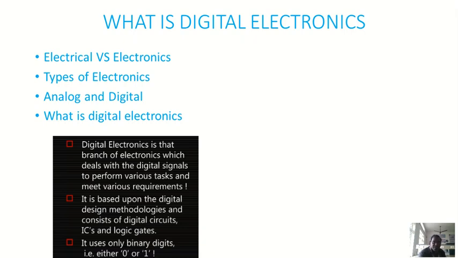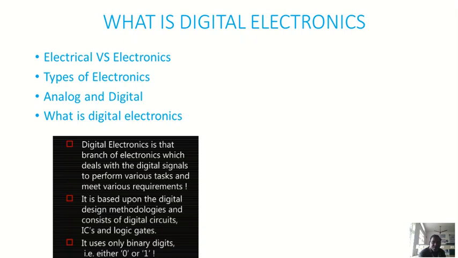In electronics we have two types, that is analog and digital. What is an analog signal? What is analog electronics? Like that, what is digital and digital electronics? Analog means the variable keeps on varying with respect to time. For example, voltage. The voltage level keeps on increasing or decreasing with respect to time, which is called an analog signal. The electronics which deals with analog signals is analog electronics.